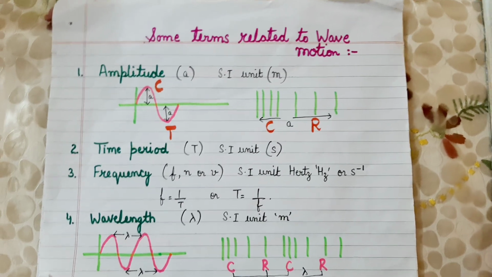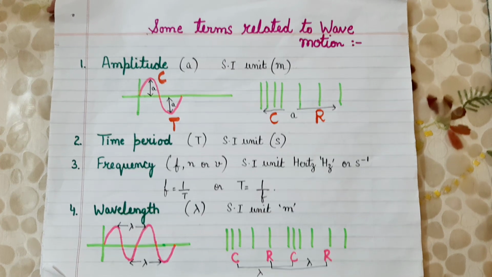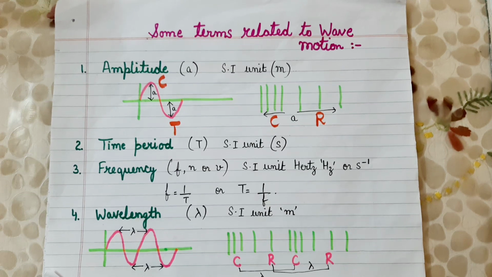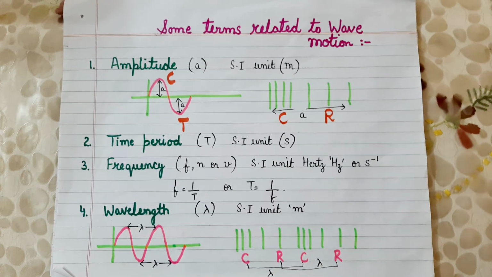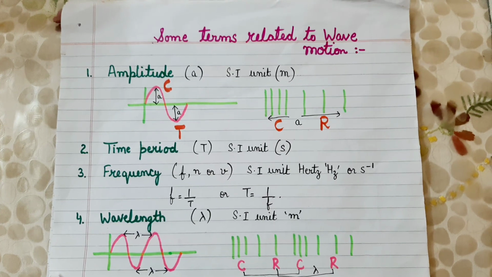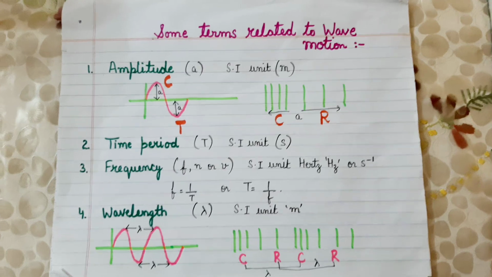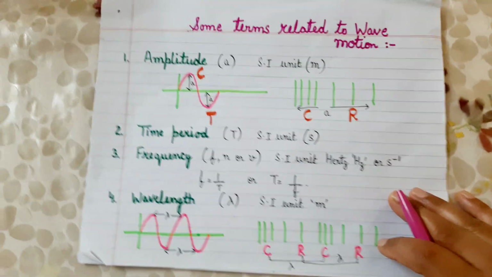I'm going to continue with the chapter sound. If you remember, in the last class, I taught you about sound, and I told you that sound is a form of energy which needs a material medium to propagate, and it can travel in the form of two types of waves, namely transverse and longitudinal waves. Now, I proceed further in today's class.